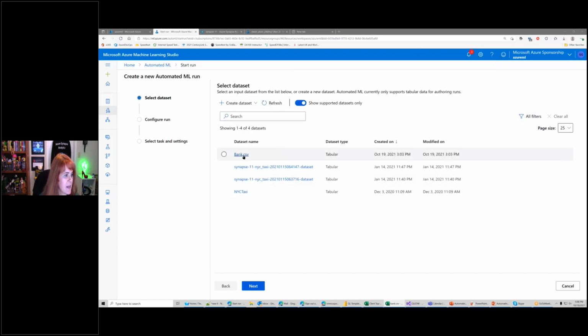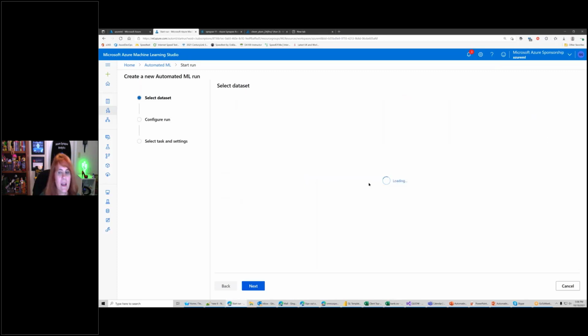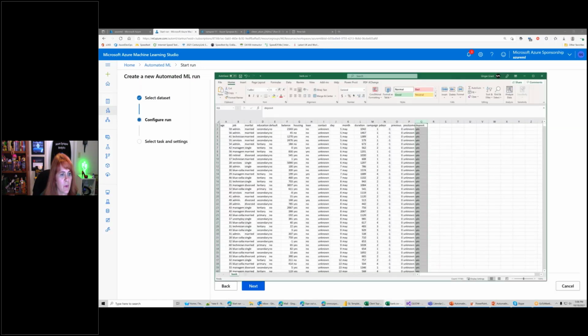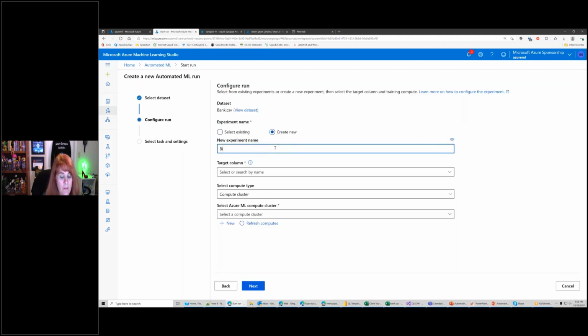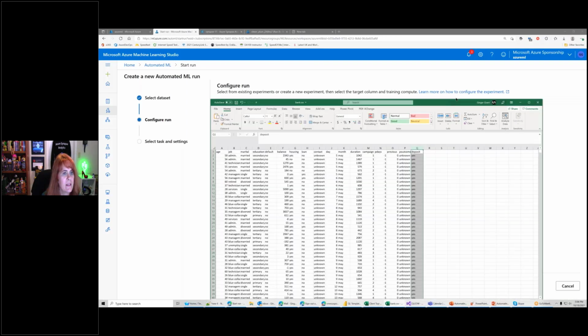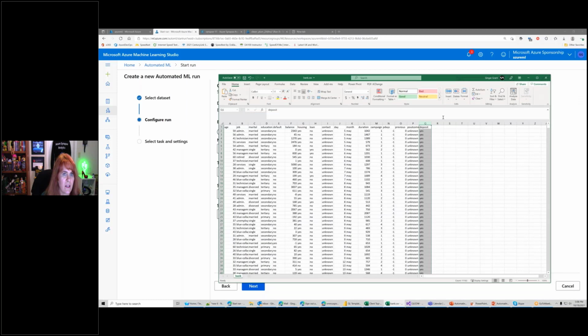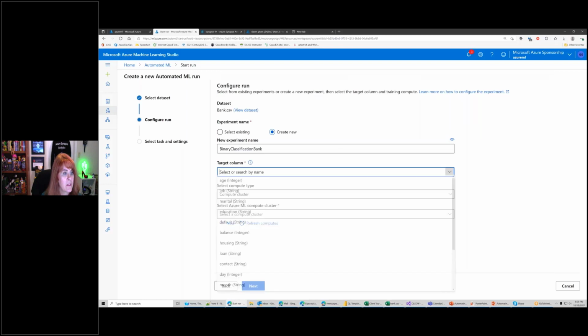So this is my data set name. I'm going to go ahead and select this, and say next. Now, my data, as you'll notice here, is a simple classification. The value that I'm looking for is a simple yes or no, which indicates that this is a binary classification problem. I'm going to create a new experiment and call it binary classification. The target column is my deposit column here, and this deposit column basically has the answer, yes or no. So I'm going to select